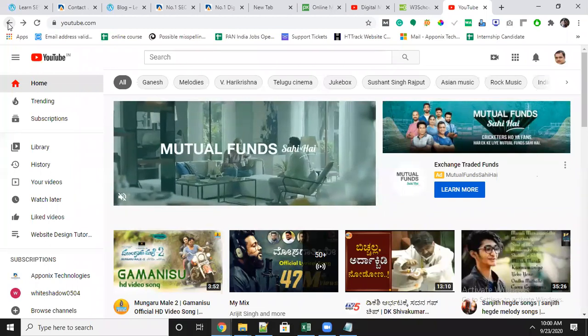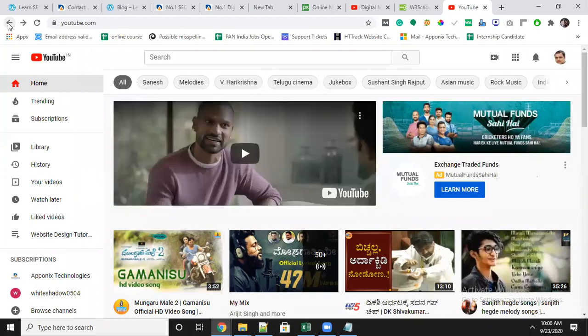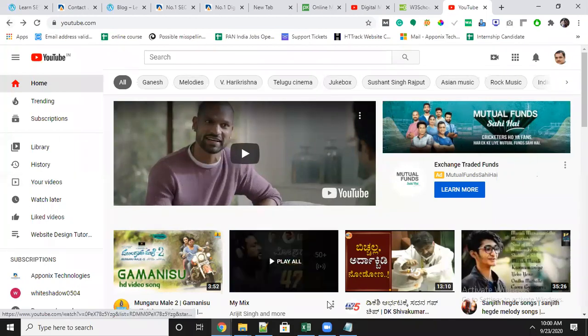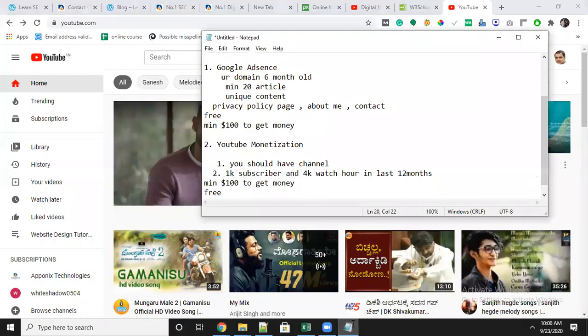Nowadays Google is more strict about this. If you're not with a proper video, and the content violation should not be there. Some categories they will not allow.